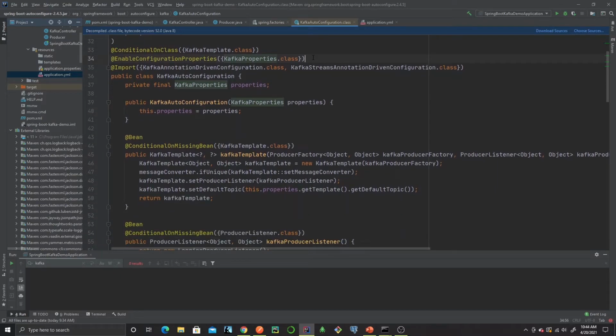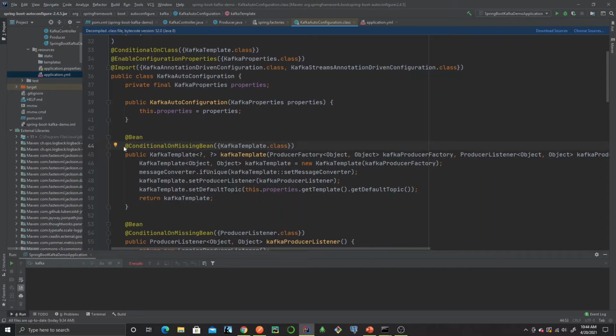So we have seen how KafkaProperties is getting populated. Now the next and very important annotation over here is ConditionalOnMissingBean, which says that if the KafkaTemplate bean is present, then this code will not be executed. But if the KafkaTemplate bean is missing, then only this code will be executed. If you remember, I explained previously, there are two phases, user configuration and auto configuration. And it is sequential. User configuration should happen first and only then the auto configuration. So this is the reason.